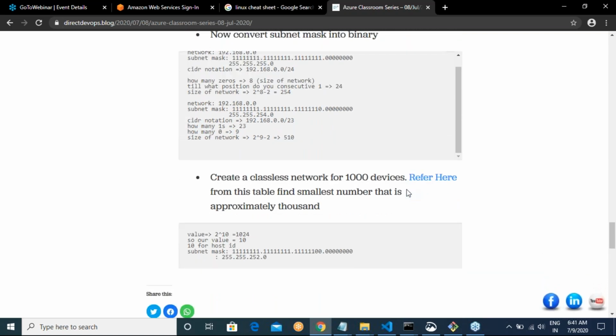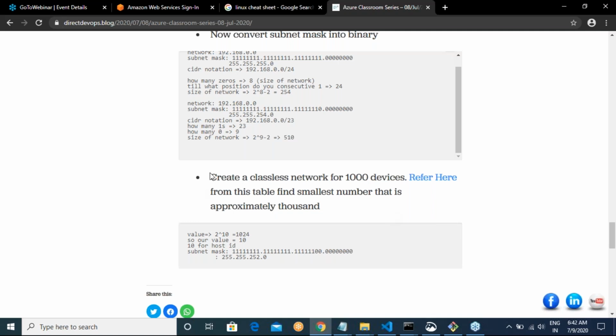And then we looked into classful notation and classless notation. Classless notation is what we call CIDR notation, and we looked at how you would deal with addresses using it.